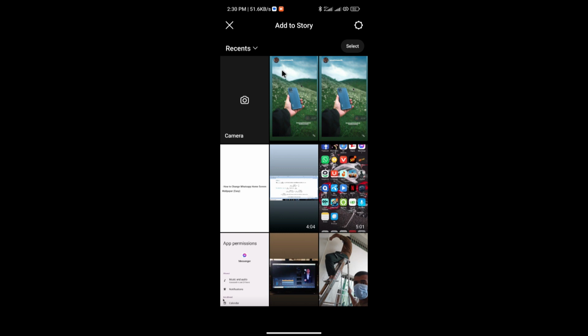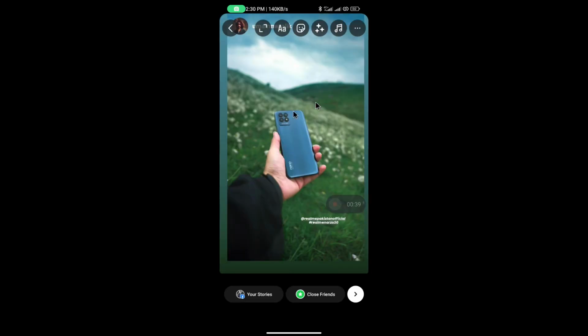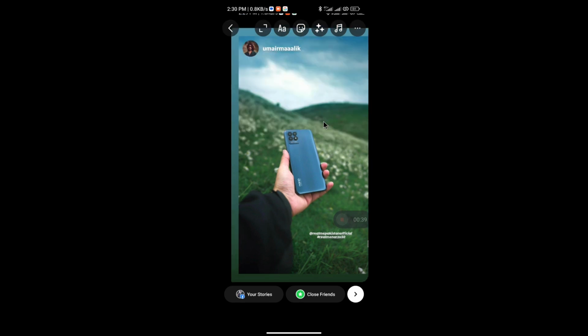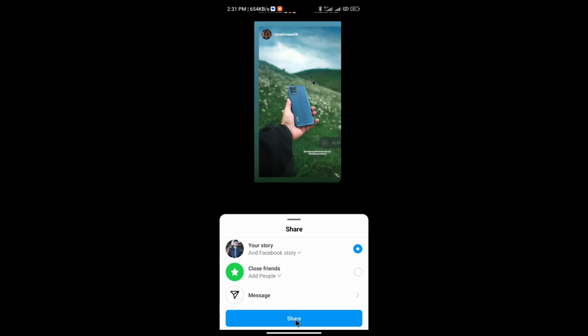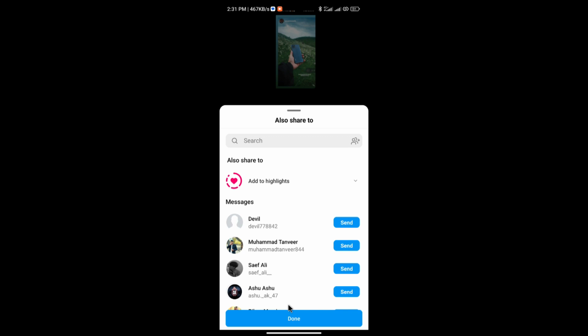So as you see, the screenshot of that story is here. Simply tap on this. Now if you want to add text to this story on your own, then tap on this text sign. Now simply tap on this next sign which is at the bottom right and then tap on the option share. And when you tap on the done icon, then you will upload the same story